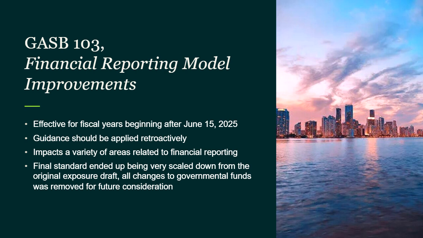Subsidies include resources received from or provided to another party or fund for which the proprietary fund does not provide goods or services, and are typically considered to either lower the fund's charges and fees, or are recoverable through the fund's fees and charges. So again, think of general tax revenues like property tax or sales tax that may be received. And this also includes all transfers. All identified subsidies are required to be presented right after the operating income loss section of the statement. And then operating revenues are identified by looking at other inflows and removing those that clearly belong in subsidies or other non-operating revenues and expenses.